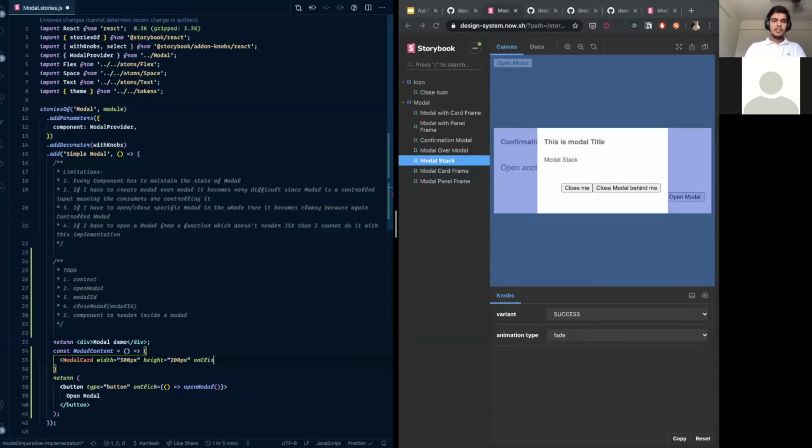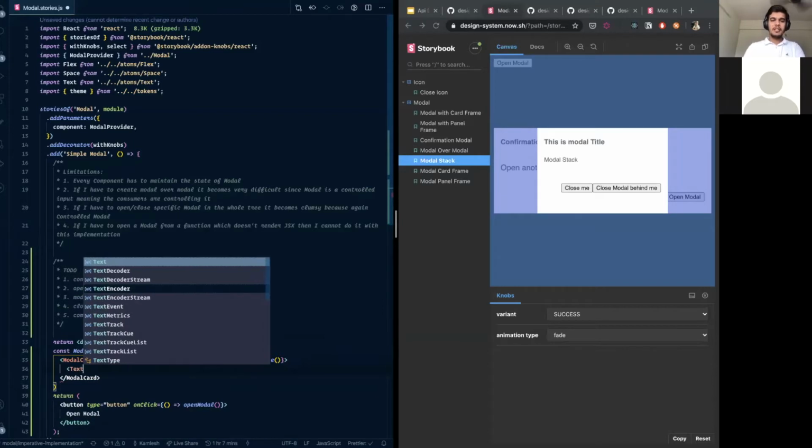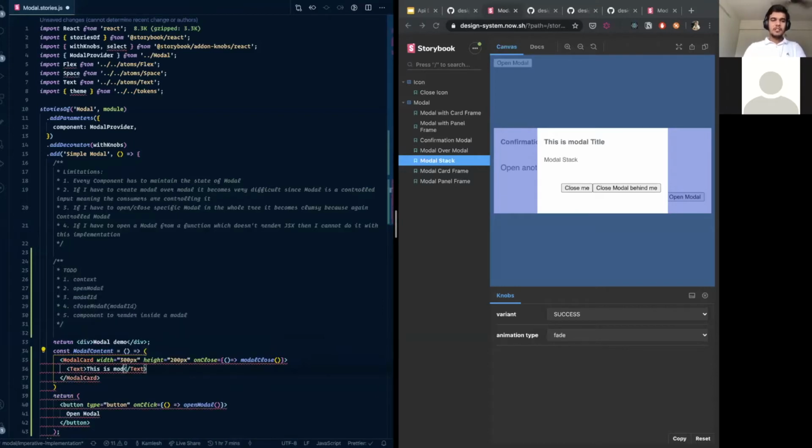And then I say I need to close this modal, right? Which means I'm saying modal close. And then within this, at the bare minimum, we need something to be rendered. So we say this is modal title, this is modal content, and this is modal footer.